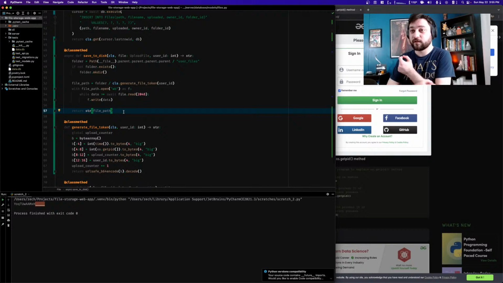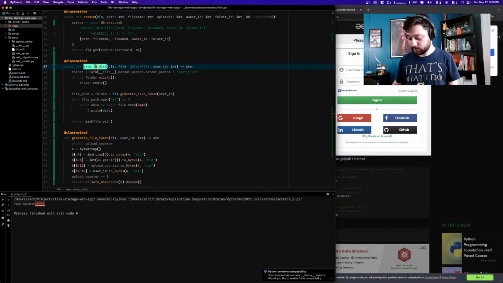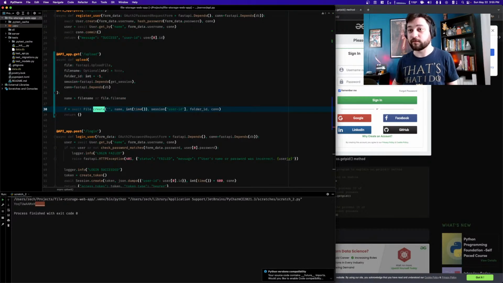And it's going to write all of the data from the uploaded file into the file that we just created. And then we're going to return the path. So this way we know where we put it. So then we can take this function and right over here,